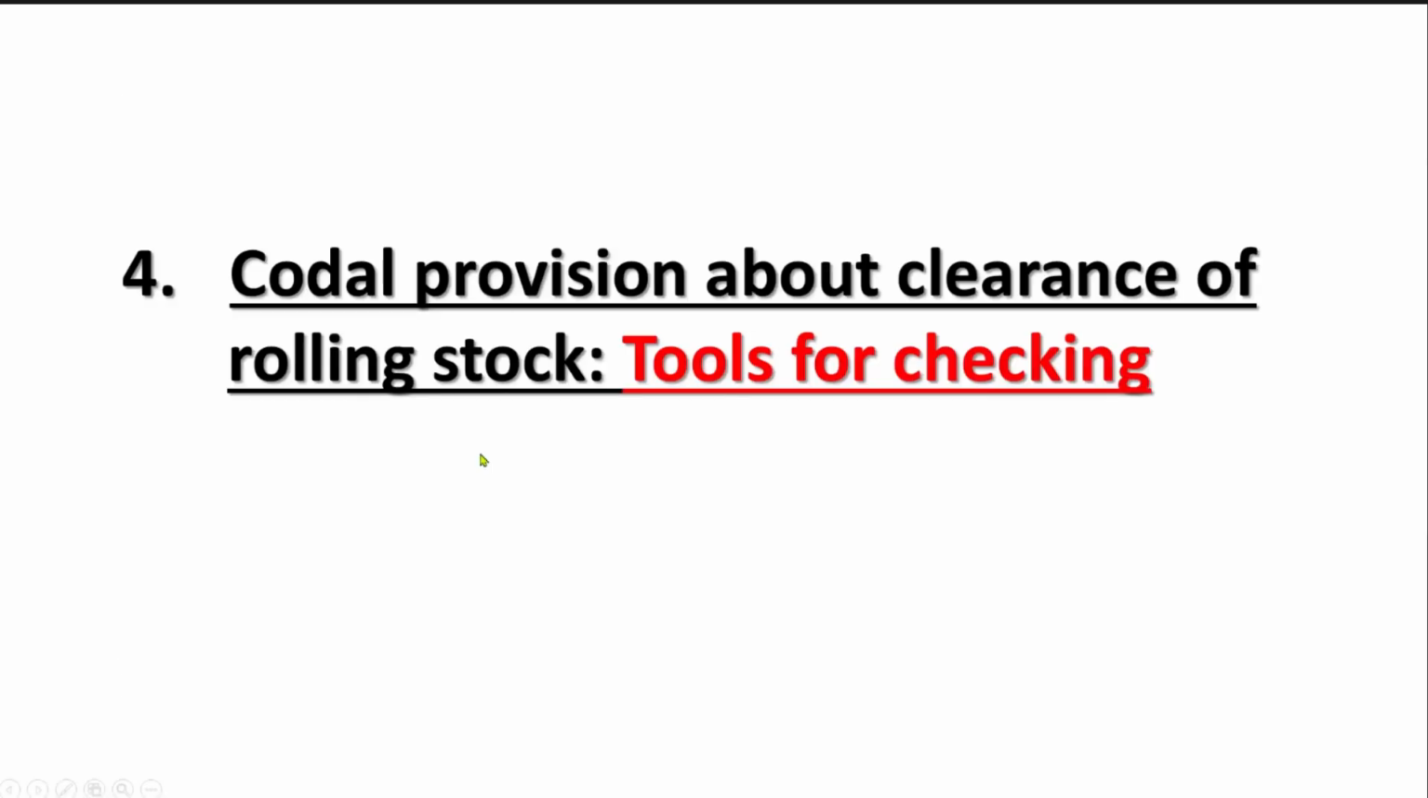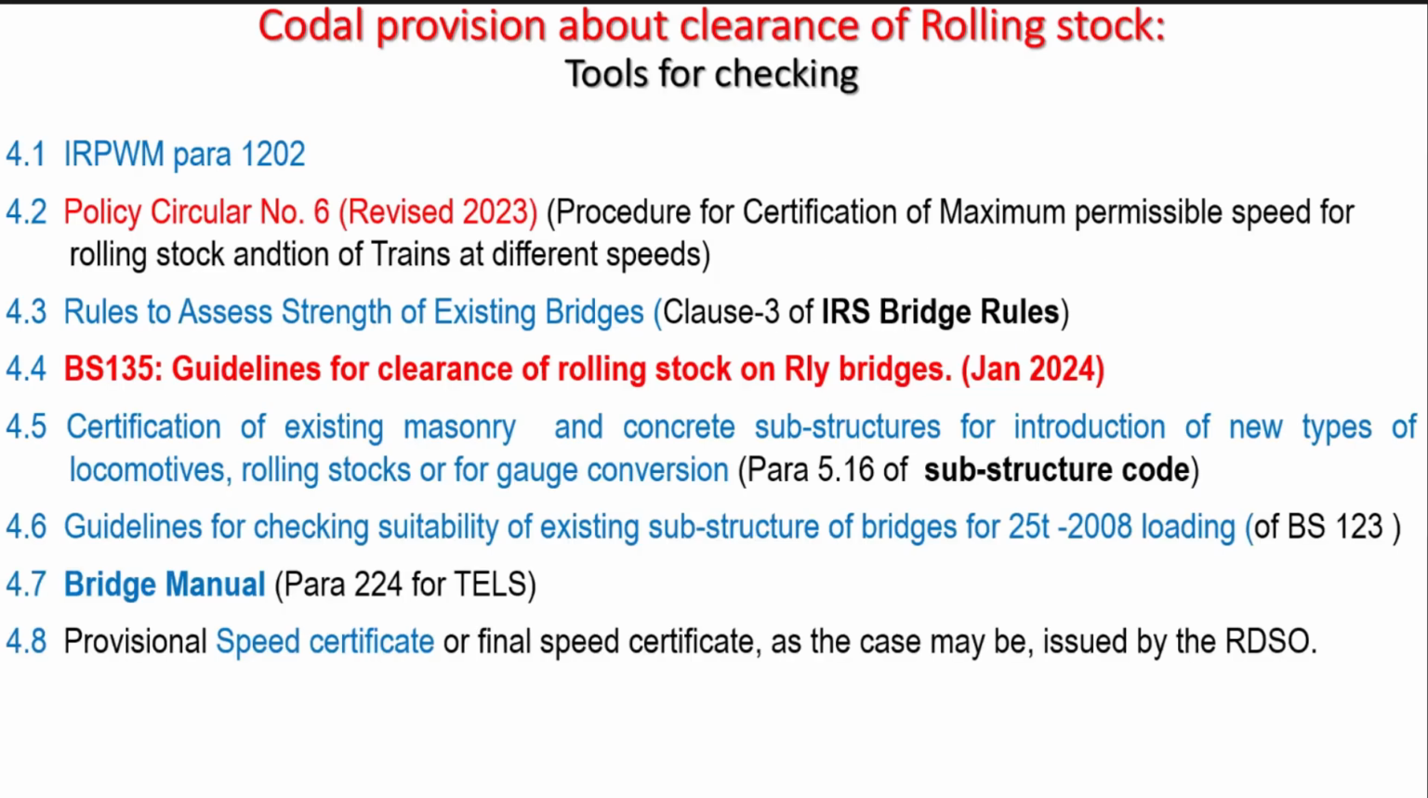So now our next outline topic is the codal provisions. What are the codal provisions required for clearing of a rolling stock, to check the rolling stock. So here I am taking first IRPWM para 1202 about the CRS sanction. Second, we will be taking a little part of the policy circular 6, which was latest revised in 2023. Some provisions of the bridge rule we will discuss, because with that only we will be able to clear the